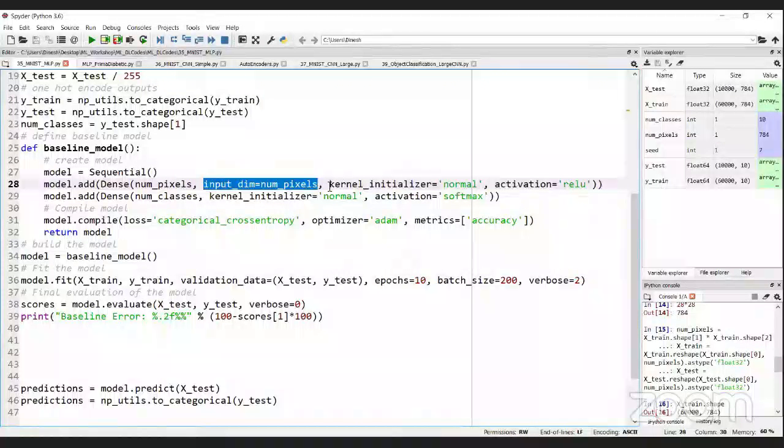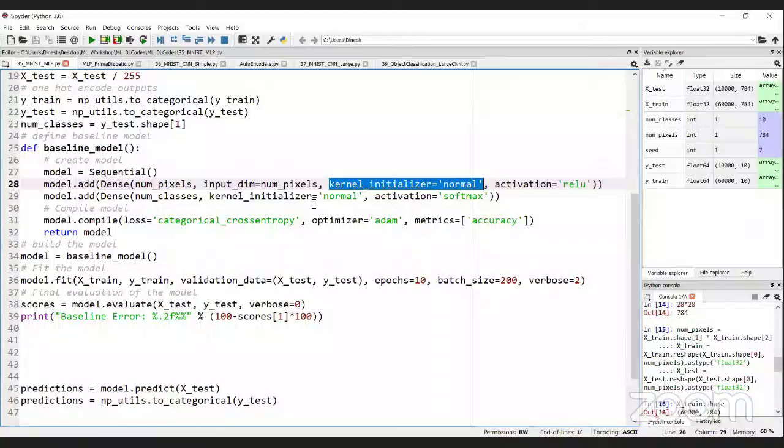Now, kernel. We need to initialize the weights, right? The initial weights. So what is the dimension here? I have 784 neurons in the input layer and 784 neurons in the first hidden layer, and it is fully connected. Each input neuron is connected to every neuron in the hidden layer. That means all 784 neurons in the input layer are connected to all 784 neurons in the hidden layer. So totally, it is 784 cross 784.